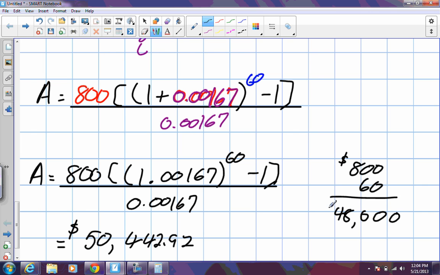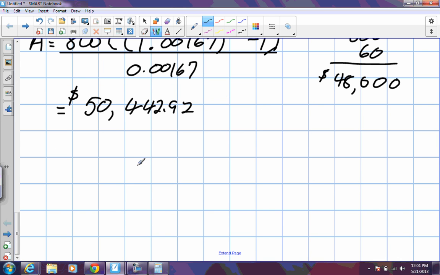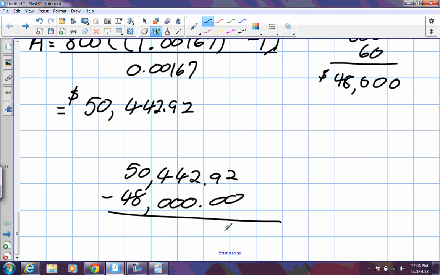And over the course of that time, he earned $50,442.92 minus the $48,000. Jason earned $2,442 in interest. That's a pretty good amount of money he's earned from just putting money into a bank account that gives him